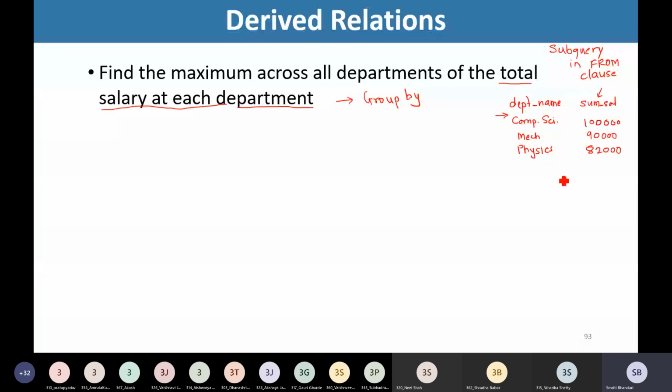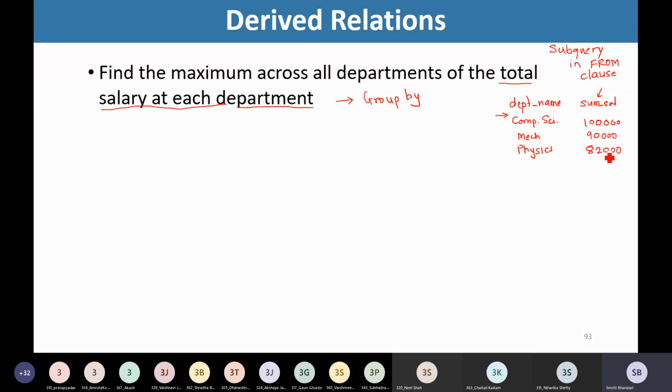Then once we have got this data, then what we need to do? This is the partial result of our query. What next we are supposed to do? Maximum from this salary. Maximum salary. Yes, correct. So we want to find out maximum of this sum of salaries.